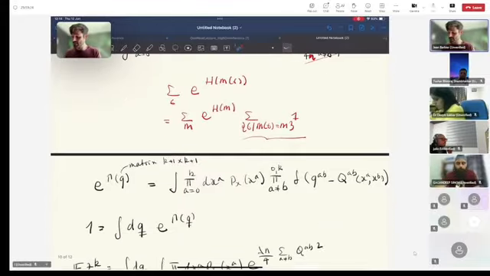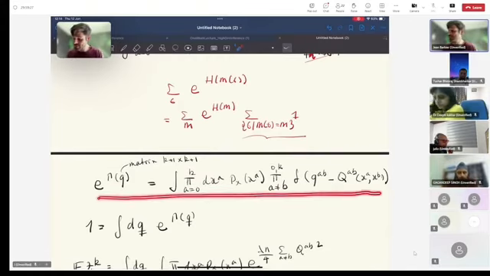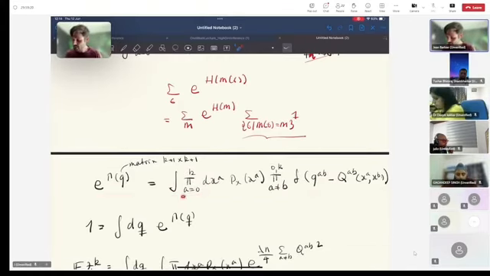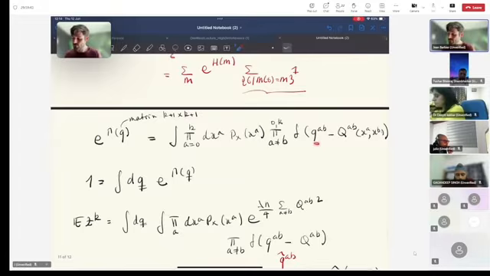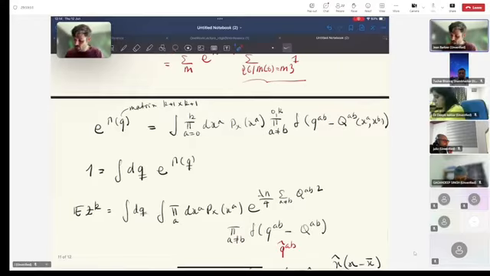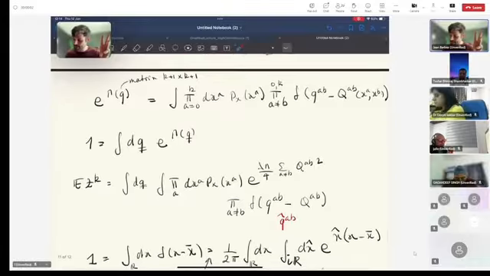So the way you do it is you start from the definition of what this degeneracy is, the entropy, which is counting the number of configurations of the x's such that their angles are fixed to some predetermined constant, this Q_ab. And of course, if you integrate over all these possibilities, you are just integrating over all the space of configurations, right? So you are plugging in this identity that 1 is equal to the integral over all possible angles of this entropy into the replicated partition function. In this way,